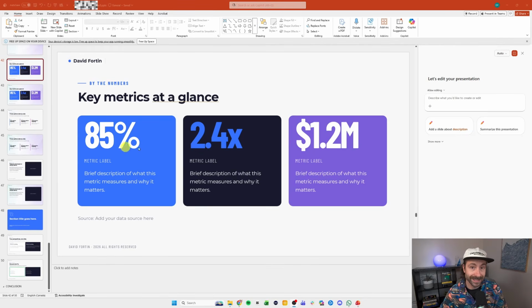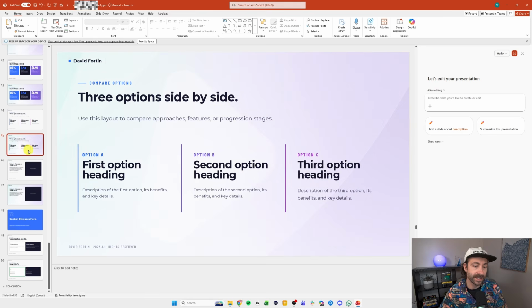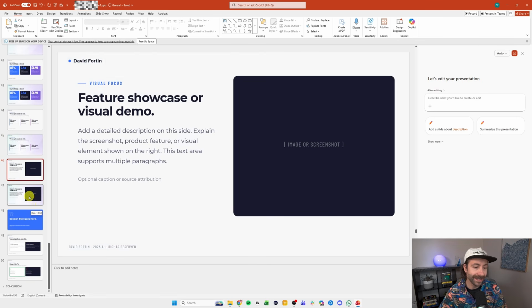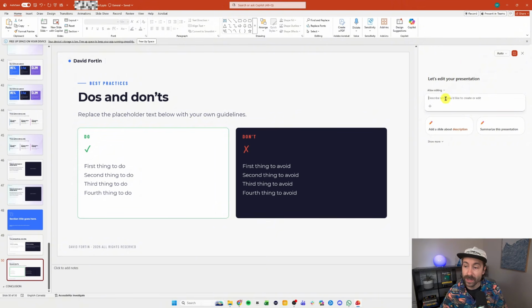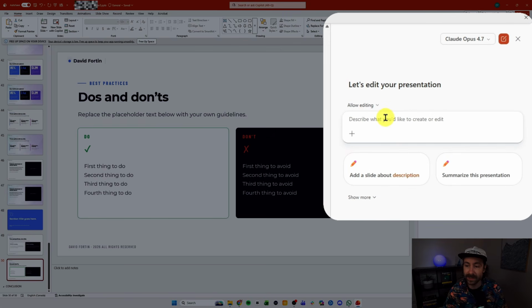Copilot in PowerPoint is actually now pretty good. So I have different mock-up slides, as you can see here, that have my designs. So like different layouts, let's say it like that. And I will just go into Copilot and I will pick the Claude Opus 4.7 and I will say I